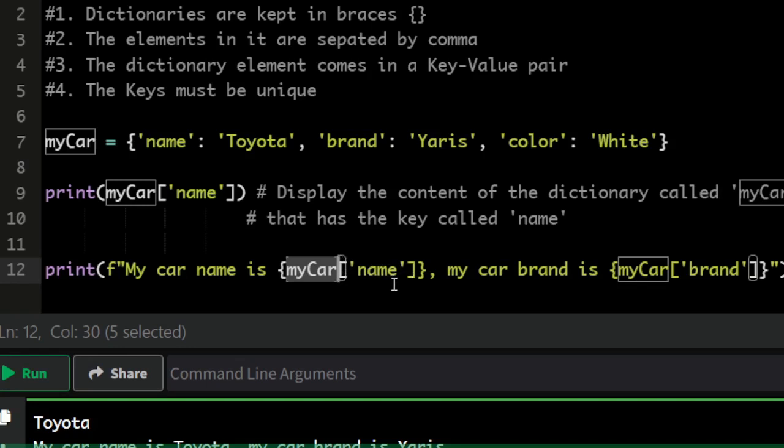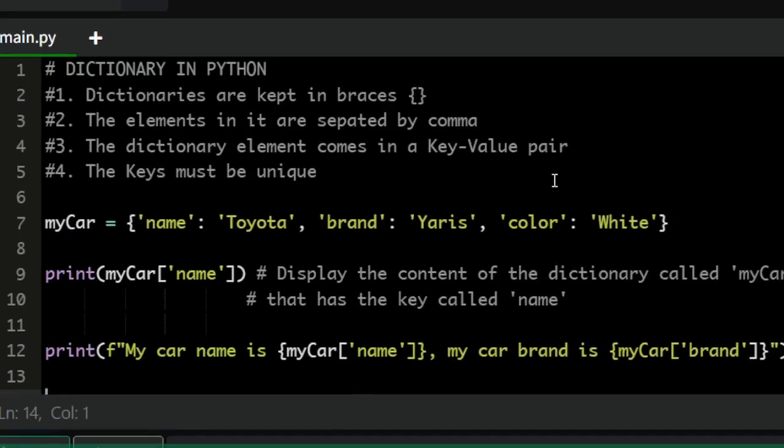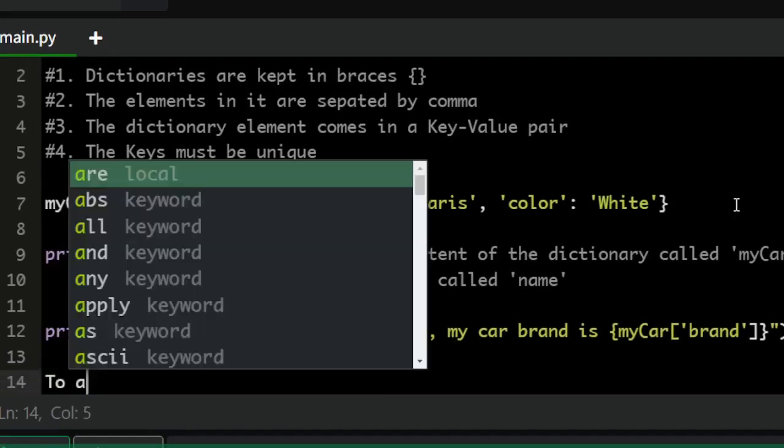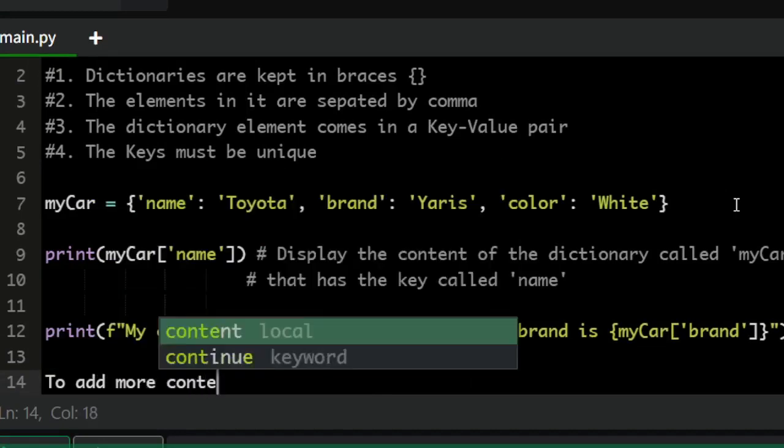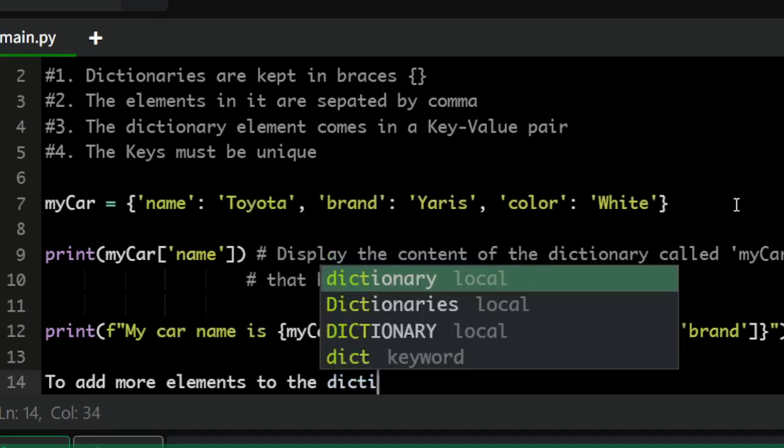And then the moment you do that, Python will just go straight to the value that is appended to that key, and that is what it will use for whatever you want to use it for. Okay, so that is how it goes. Now, you can as well add more content to an existing Python dictionary. Okay, let's see, to add more elements to the dictionary,